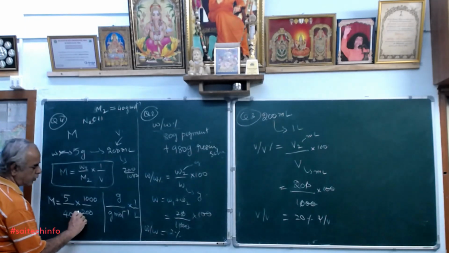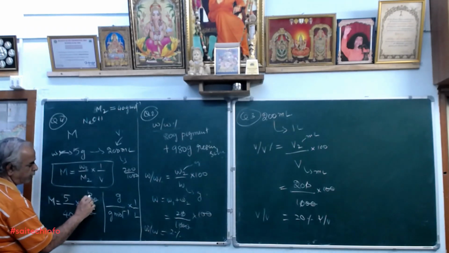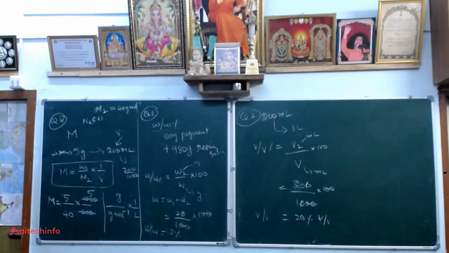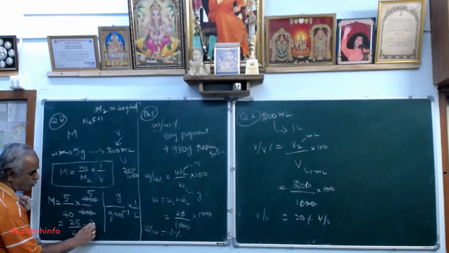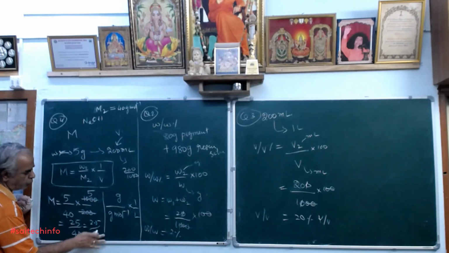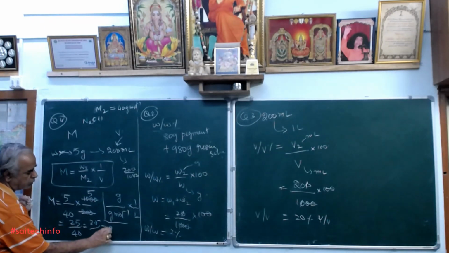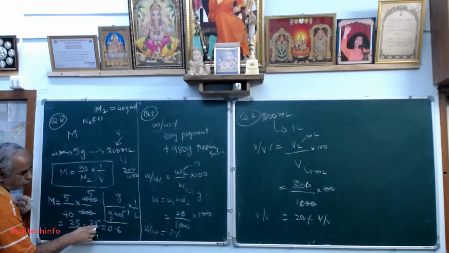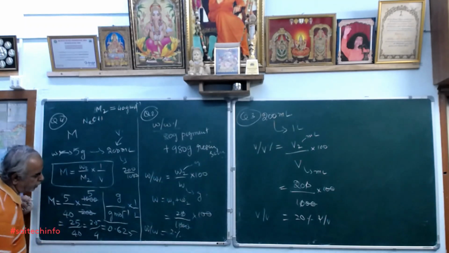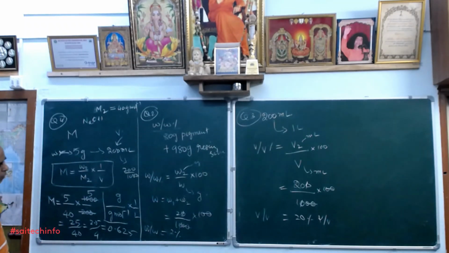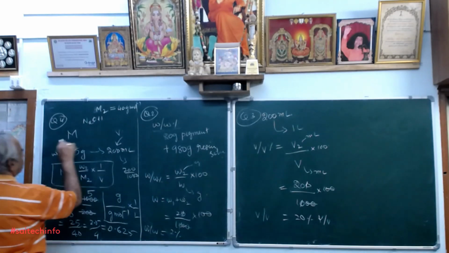So this is 200 means 5 times. Am I right? Okay. So 5 5s are 25. So 25 divided by 40. So that can be converted as 2.5 divided by 4. So that is equal to 0.6, 4s are 24, balance 1, 2 4s are 8, and 5 4s are 20. So the molarity is 0.625, and it should be given along with the